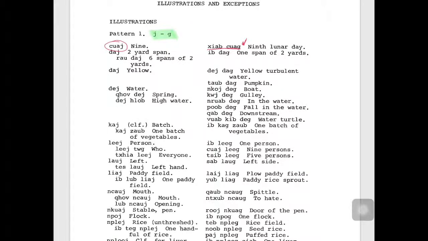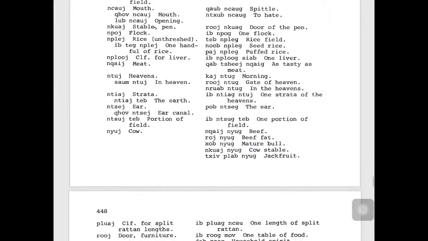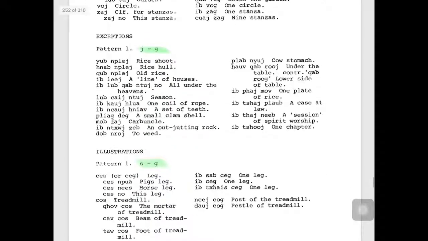Another example, de, the word for water here, has a J tone. But if you have the word boat before it, which has a J tone, remember it's the J or the B tones that affect the following words, then it becomes ga, de, G tone. So it changes from a J tone here to a G tone. Now there's quite a few examples. There's some exceptions here. If you look at the second example under exceptions,